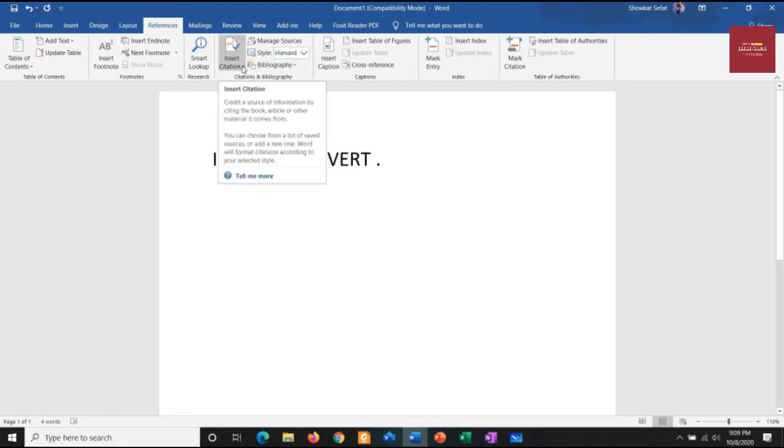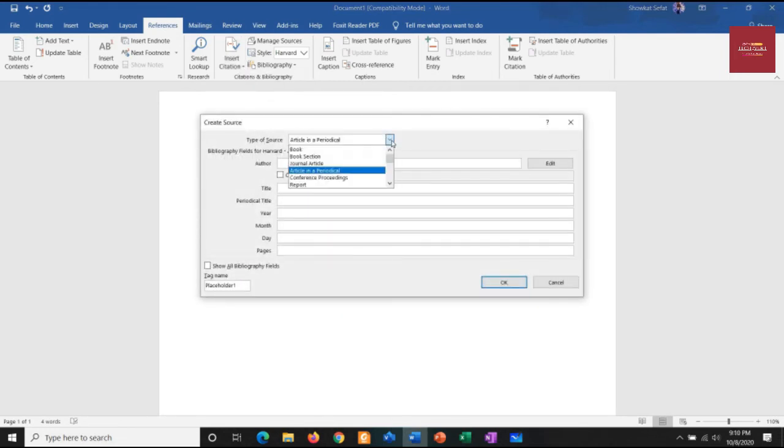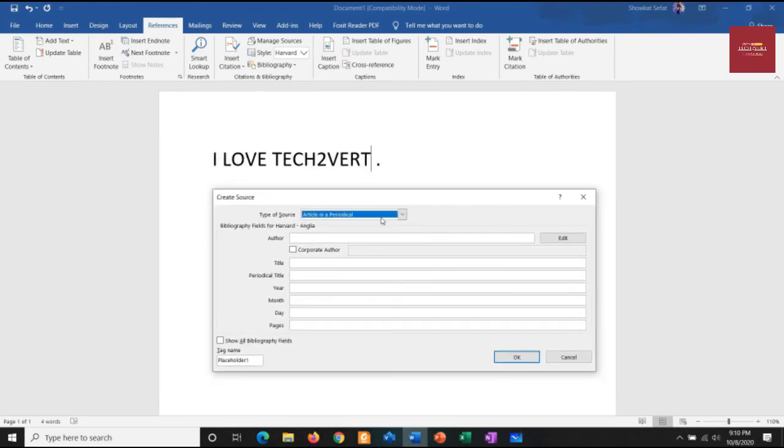And then you're going to click Insert Citation, Add New Source, and here you're going to be given a lot of sources: book section, journal article, article in a periodical, report, and many other things. Say for example, I have done my assignments based on a journal article. So this line, say for example this line, "I love Tech2Vert", it's from a journal article. So in journal article I'm choosing it, then it asks for the author. Let's say the author's name is